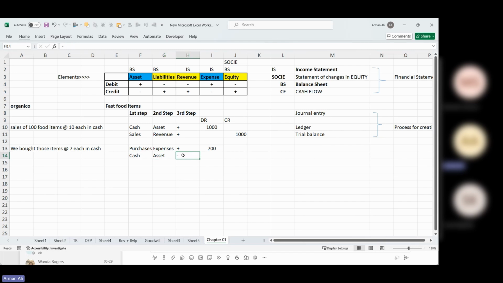The second is cash is decreasing. Cash is an asset, and it is decreasing. What happens when an asset decreases? We credit it. And there it is. So we just passed two journal entries. So this section has been taken care of. General entry level is taken care of. So based on this, let's go and do an example